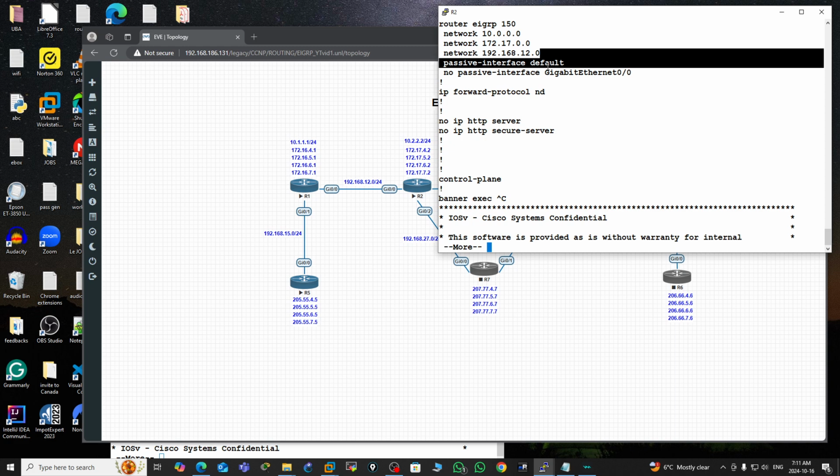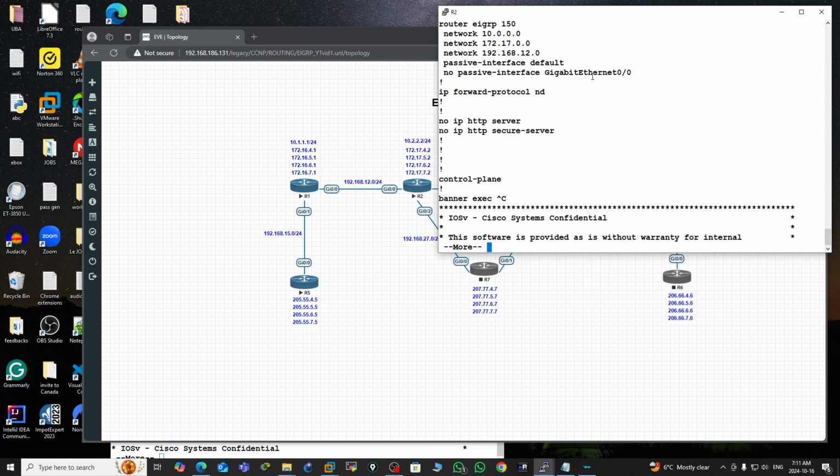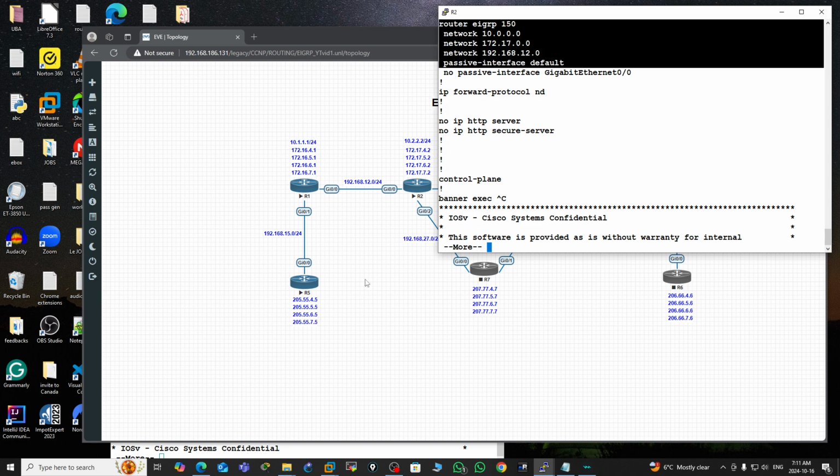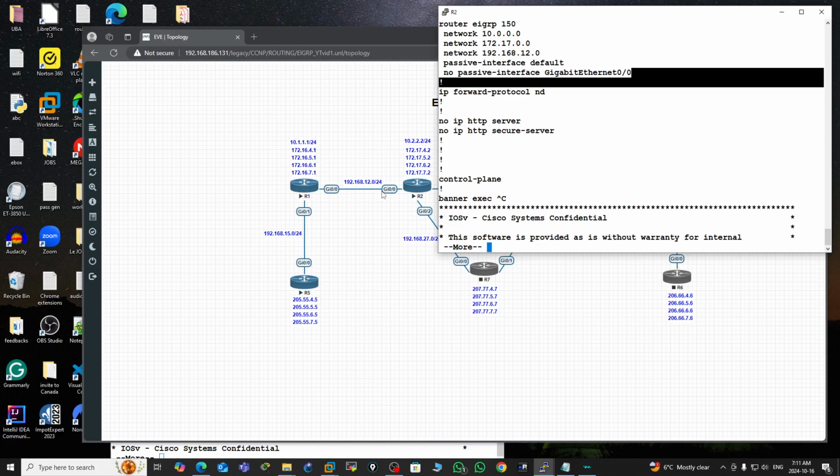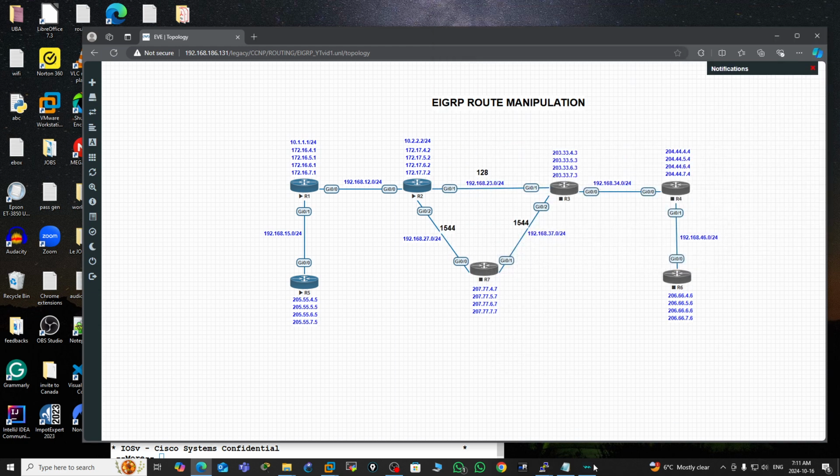When passive interface default is enabled, what that means is that multicast and unicast is not going to be sent out on all interfaces, so it's going to be only on gig 0/0. And because of that, on router 5, we're able to see all the routes advertised by router 2, because that traffic is going through gig 0/0, this interface right here. So now if we go to router 5,